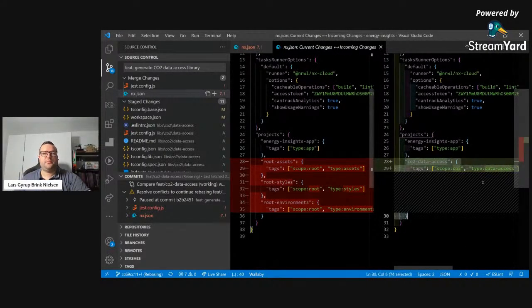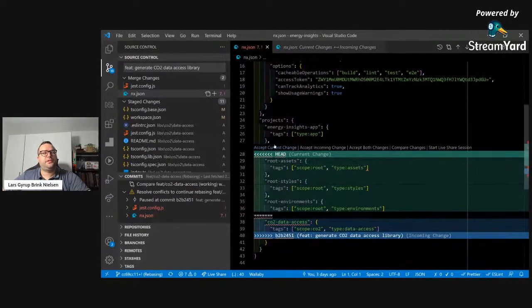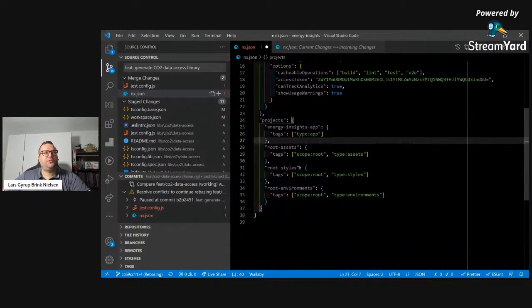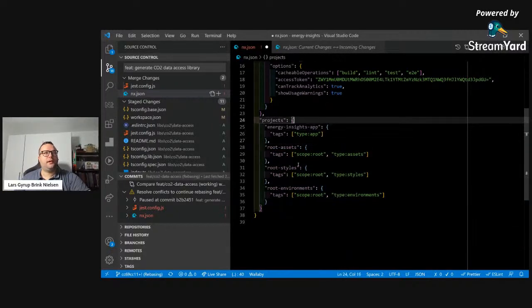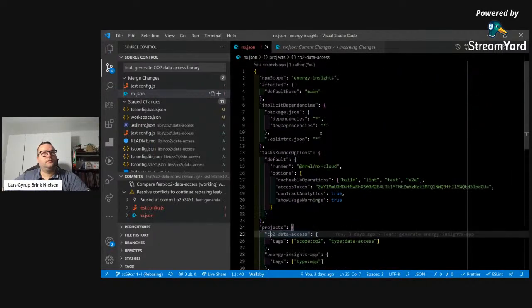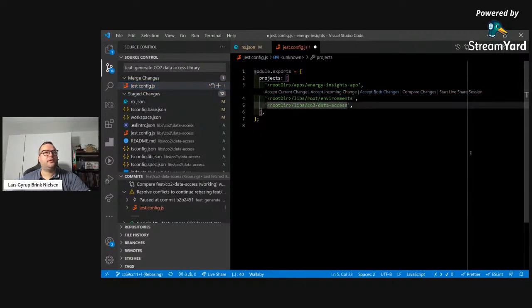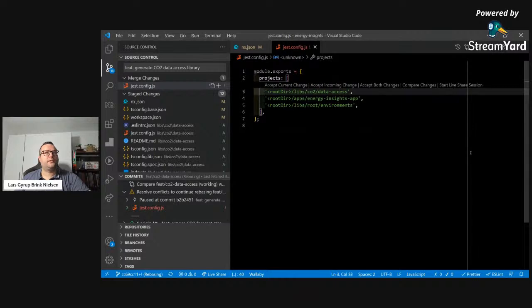So I will take my project configuration from this branch. I will keep their changes here, the main branch changes, and add this one. Yeah. Good. Last one, hopefully. Here we can say accept both changes and just sort it. So